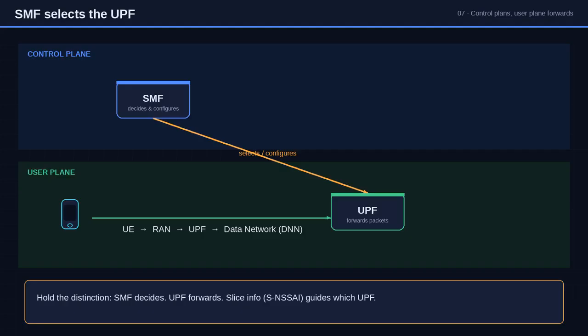Hold the distinction carefully, because this is where students often blur the boxes. The SMF decides and configures. The UPF forwards. One lives in the control plane of the session, the other sits on the user plane where bits actually move. When the SMF chooses a UPF, it does so with slice and topology awareness, again using information